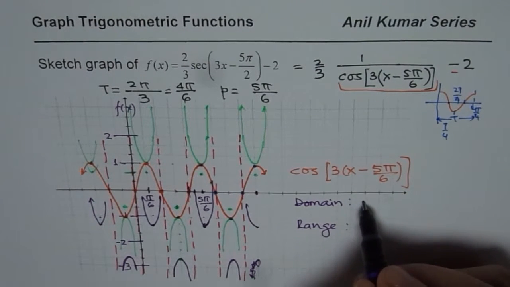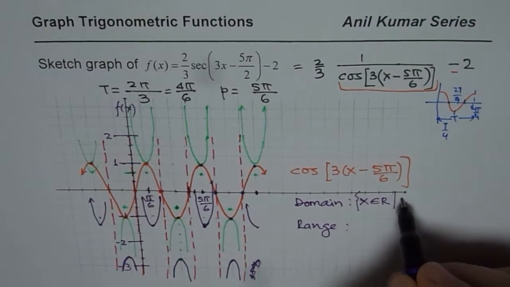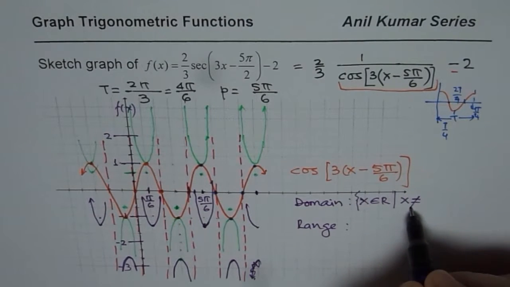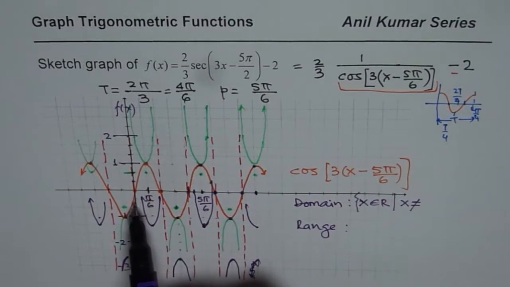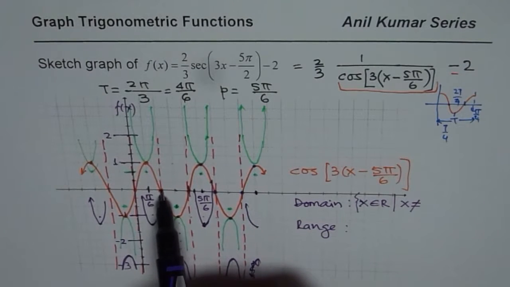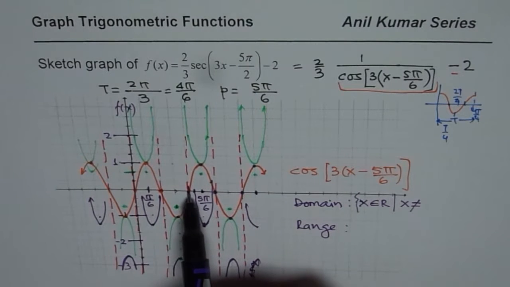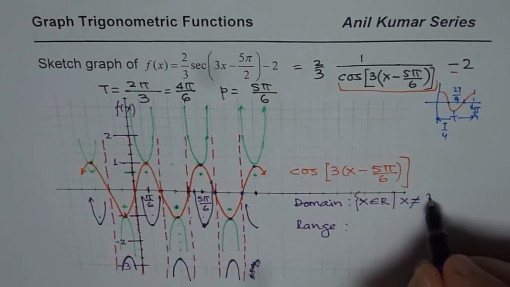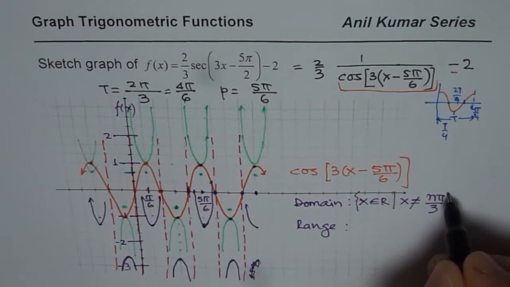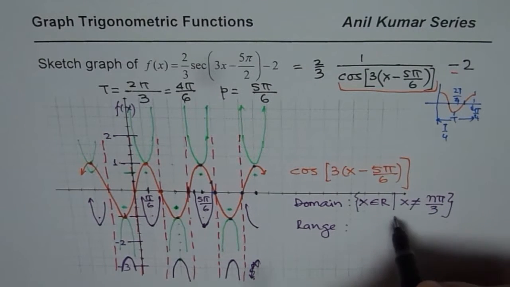So the domain is that x belongs to real numbers where x is not equal to these positions, which is 0 and then 1 pi by 6, 2 pi by 6. 2 pi by 6 is pi by 3, right? 3 pi by 6, 4 pi by 6. 4 pi by 6 is 2 pi by 3, correct? So n pi by 3, where all these vertical asymptotes are at n pi by 3,